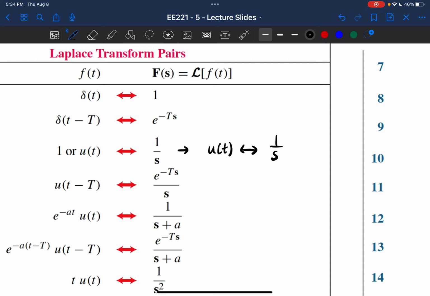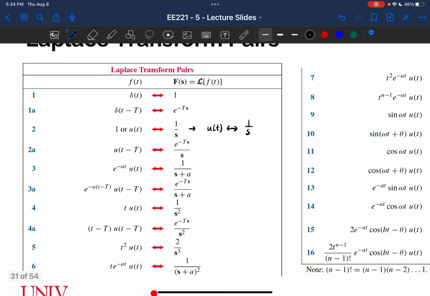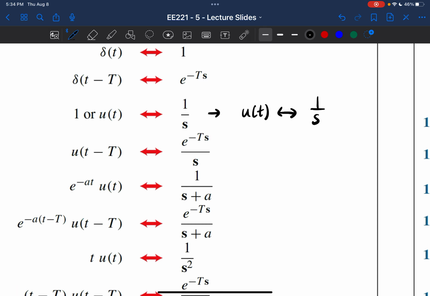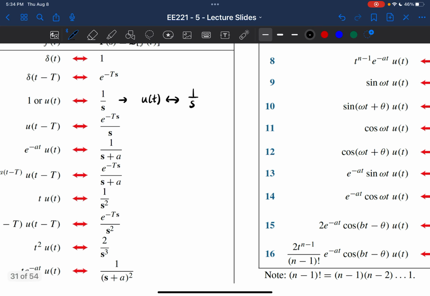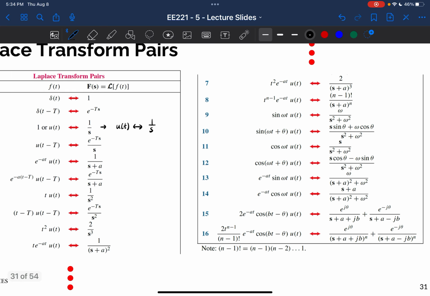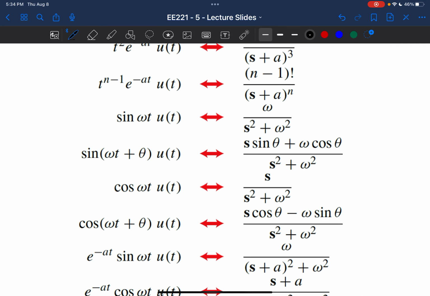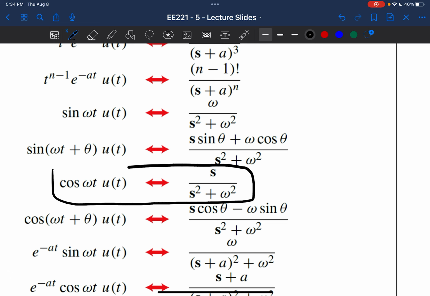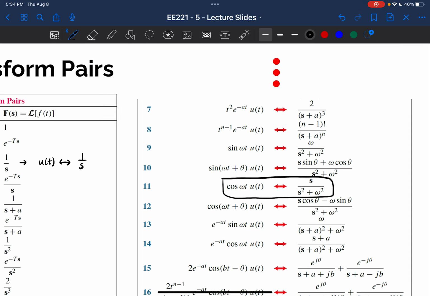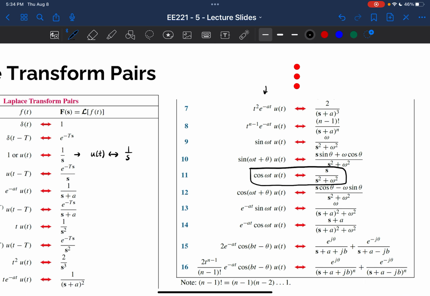We also already proved, if you remember correctly, let's see, what was the other one? Oh, the cosine. It was the cosine of omega t times u of t. We proved that the Laplace transform of cosine of omega t u of t is s over s squared plus omega squared. If you want to do some practice, you can always throw one of these equations into the Laplace transform,